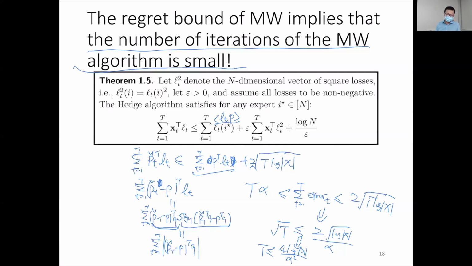That generality is not typically used in standard machine learning when the data are IID. But in this case we are actually making use of the full power of adversarial online learning, where the loss vector can be reactive to the particular choice of PT that you make. It's coming from this sign: when your error is positive, I make this loss positive; otherwise, I make this loss negative. It's kind of cool that this choice actually works in this case